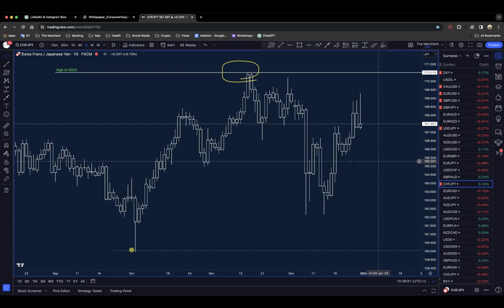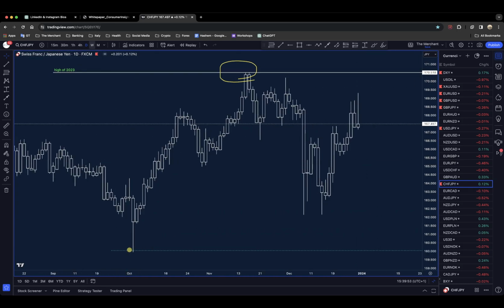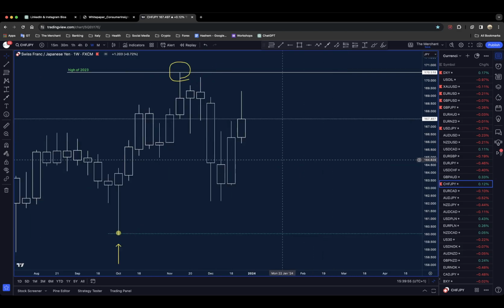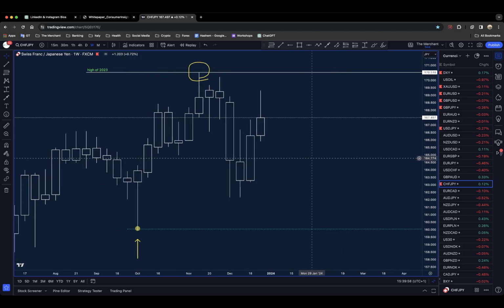Okay, maybe in the daily time frame not that much, but on the weekly time frame maybe we can see here,